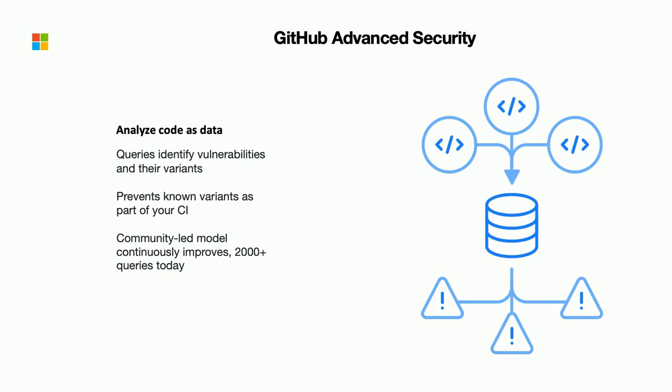So there's variant code analysis. It'll come back to me later on, so let's just move on from here. But advanced security is basically going to allow your developers, as they're pushing code to your repositories, to identify vulnerabilities or vulnerable patterns while they're actually pushing their code.